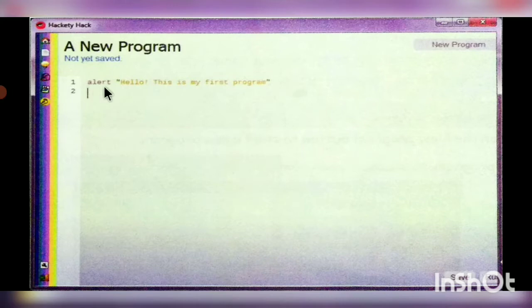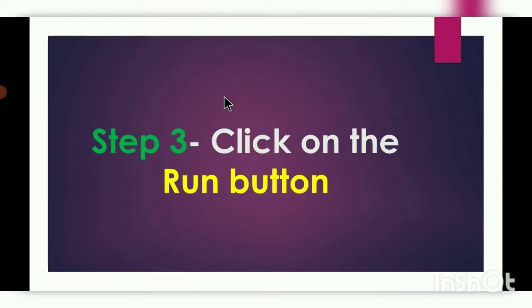See, alert, put double quotation marks, then within them write: Hello, this is my first program. Alert, within the double quotation marks, write what you want to display. Then what is step 3?